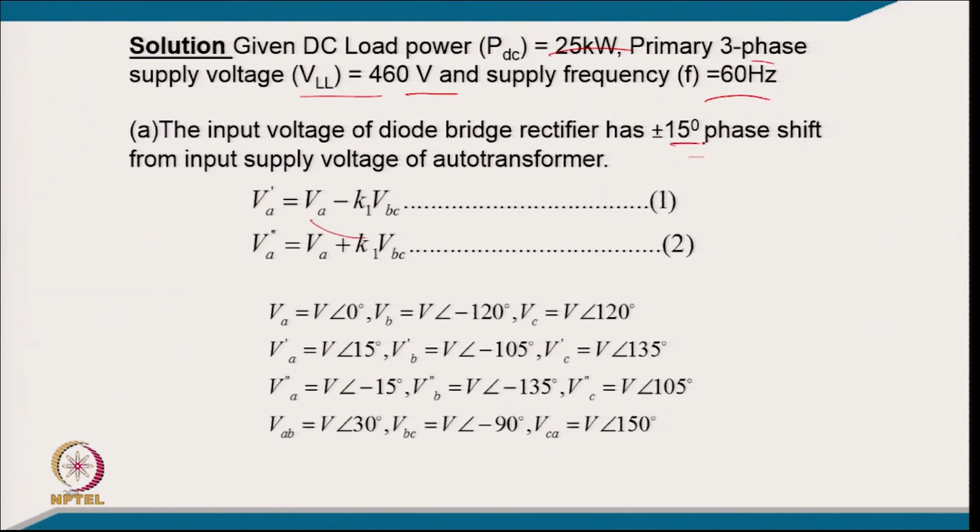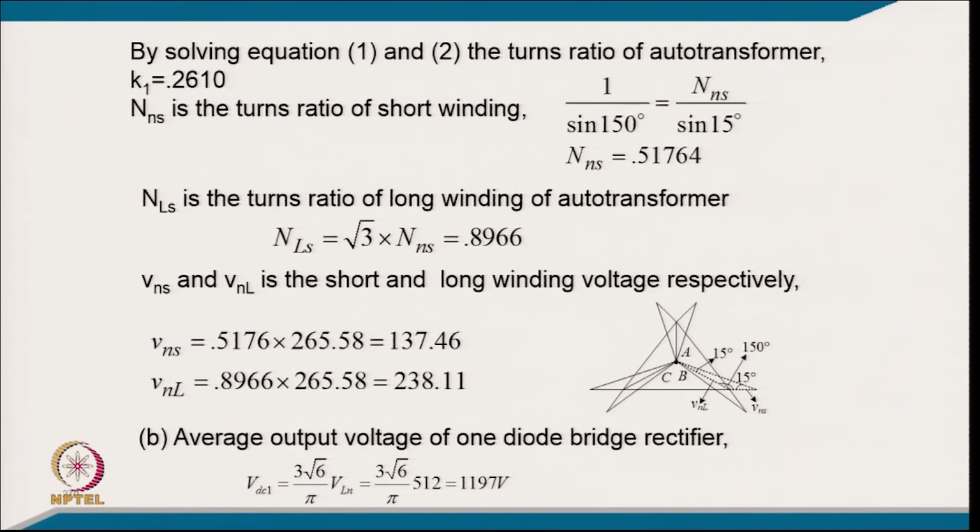have here now the winding voltage, typically for A phase, which gives plus 15 minus 15 degree, and then you have one set of original supply, then this other set of voltage in terms of supply line voltage, and from this you can get the auto connection, the typical example, from that K1 constant corresponding to your tappings, and then you can find out the short winding turns ratio from here, and then you can have a turns ratio in the primary side corresponding to root 3 times because of your star connection, and then you can have a